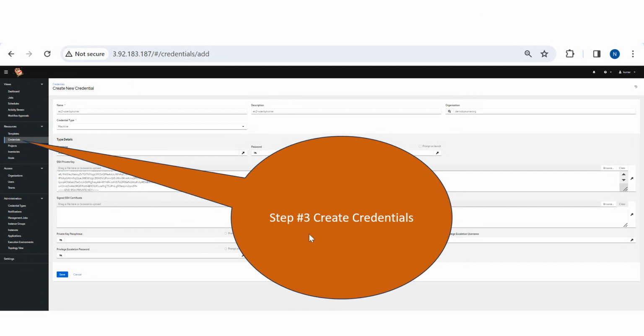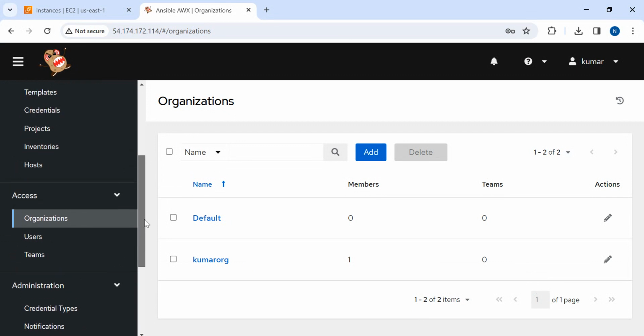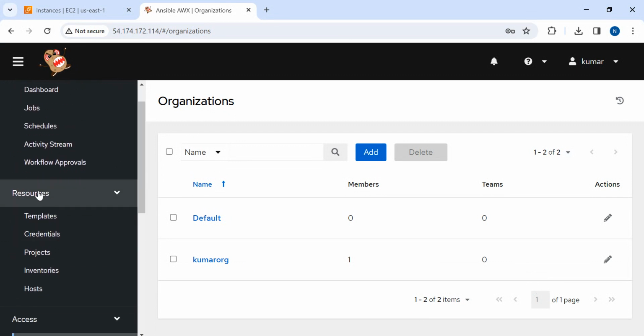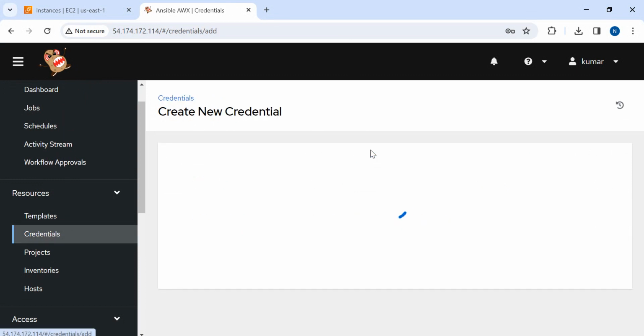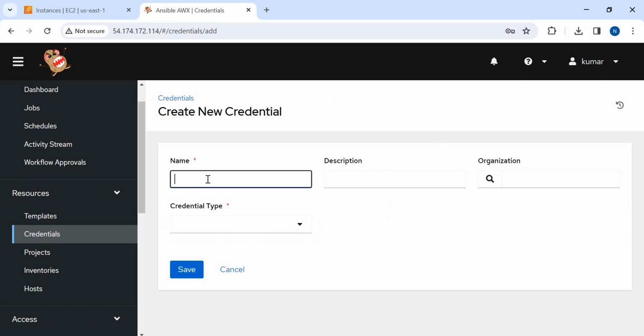So for creating the credentials you need servers, okay? And for those credentials generally you will have a user id and password, or you have a user id and the private key, or you can also add that in ssh as well. So if I go here, you can see inside the resource section we have credentials, right? So the credentials we can add, and you can see here I'm just adding Kumar